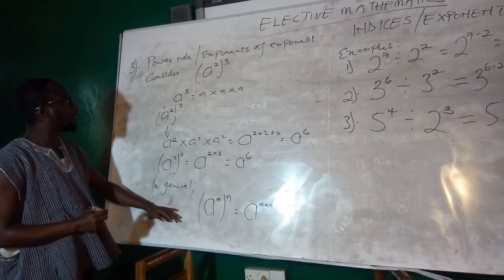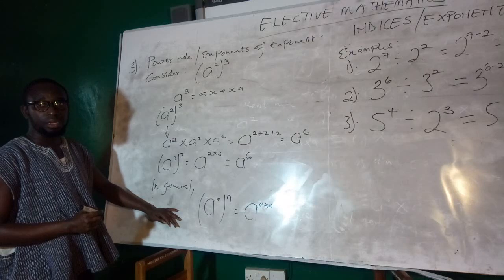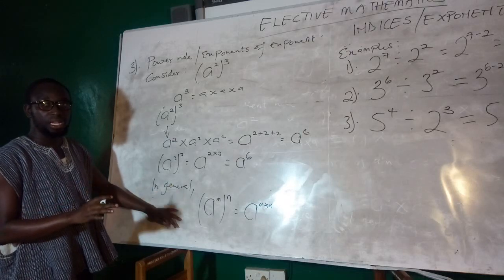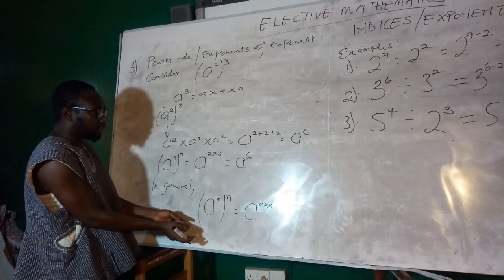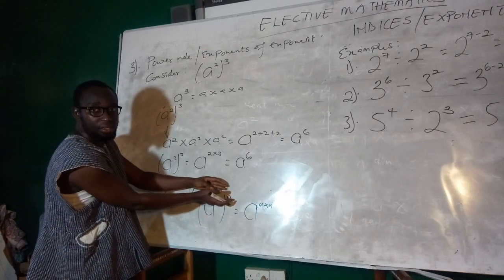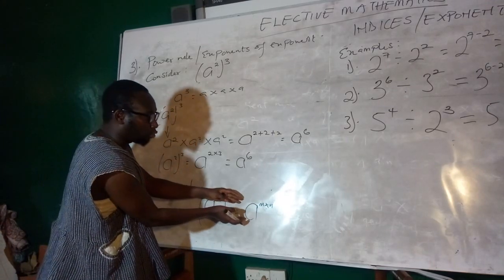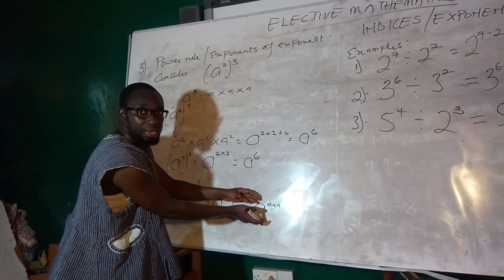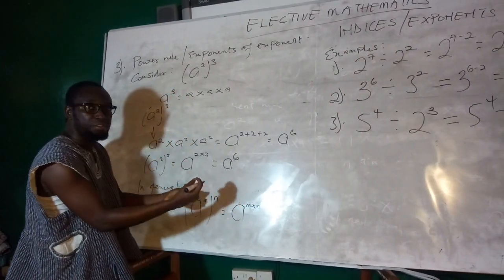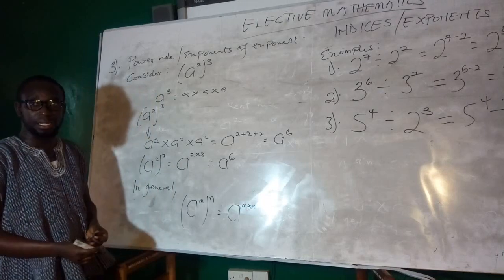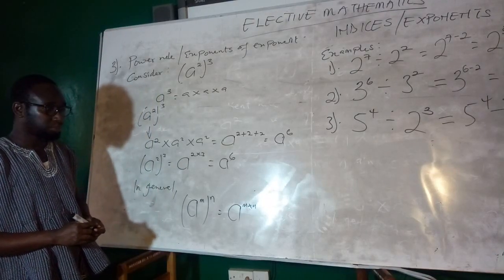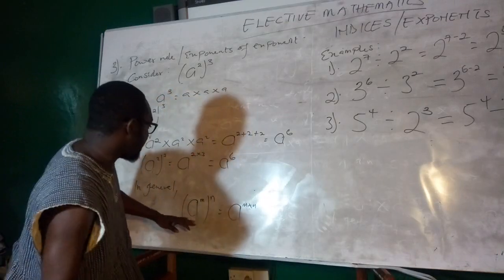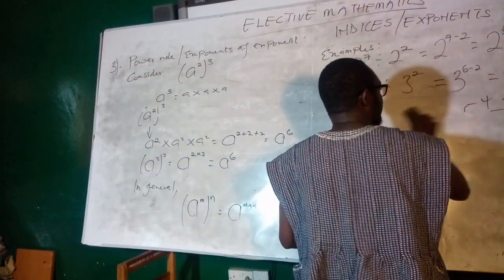So this is also the power rule, or the exponents of exponent. So a number in index form raised to another exponent is equal to the number, then the exponent is the product of their exponents. So there is also the product rule. Now from this product rule, we can also state that when we have